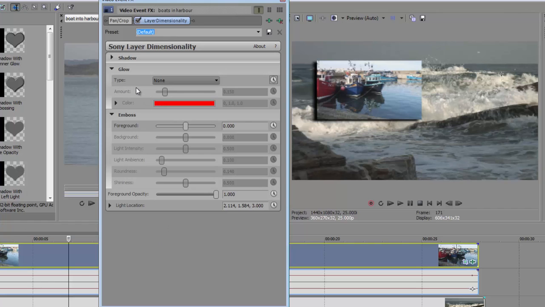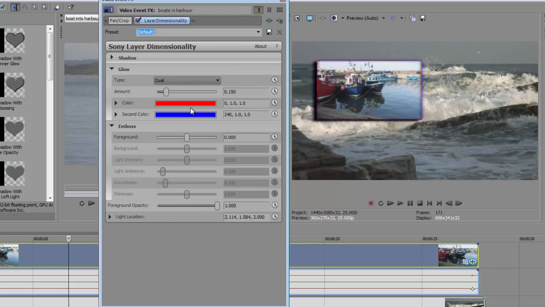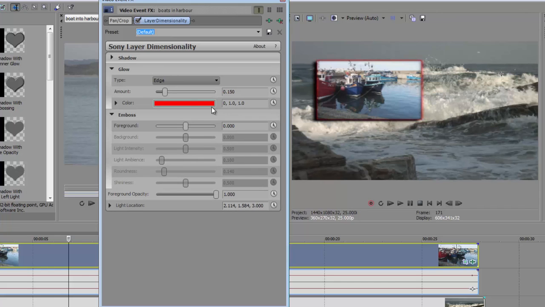Now we can talk about glow and emboss. Now glow are different types of glows. You've got an outer glow, goes around the outside of the image, an inner glow for inside the image, and then we've got an edge glow that just goes around the edge, and we've got a dual glow, which is 2 different colours, which is quite fun. And you can actually change those colours. I'm just going to go for an edge glow at the moment, so that's going around the edge,